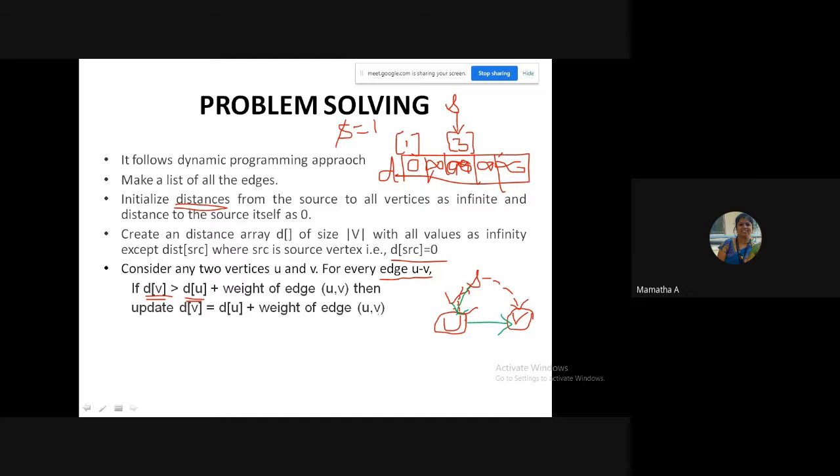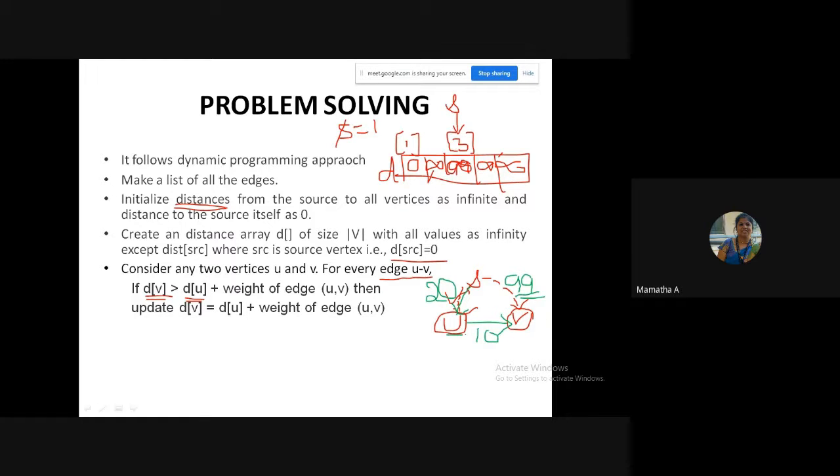Say for example, let me just give you an example. Say this is 99. Already I found that to reach V, my weight is 99. But now I'll just check. Say for example, this is U, reaching S to U is 20. And this is say for example 10, which is least for me. Earlier what I found was 99, some path, I don't know what the path is here. Some path, it is 99.